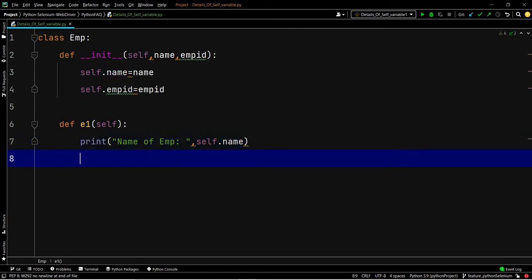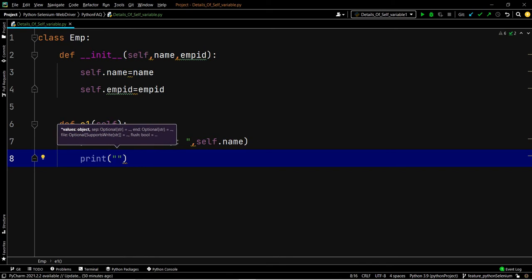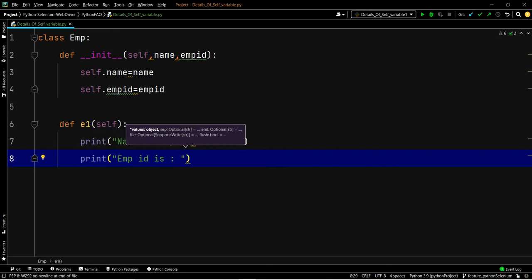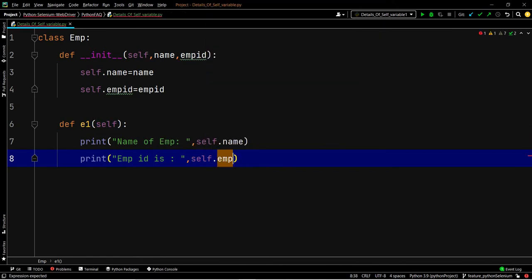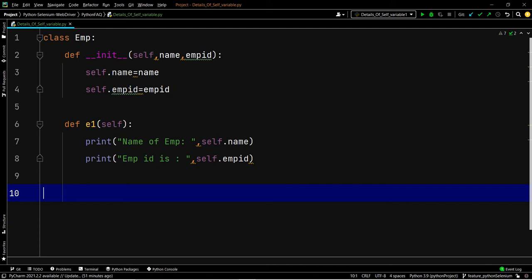Then again print employee id, emp id is self.emp_id, employee id.